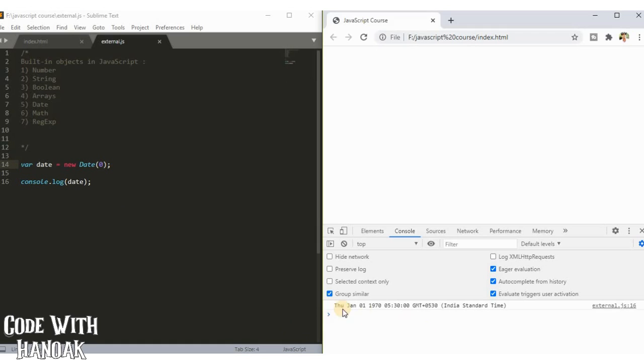So the default date is this. So you are adding 0 milliseconds to this default date, right? The default date is always January 1st, 1970, right? So if I just do something like we have